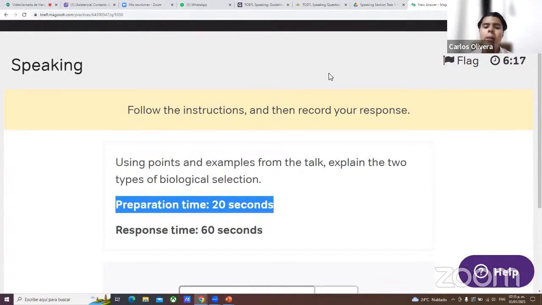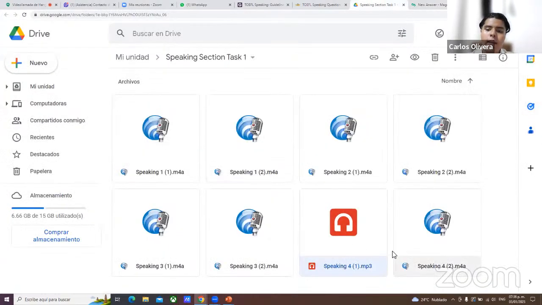So notice that you need to make sure to frame your response in the 60 seconds so that your reviewer notices you are able to have that type of capacity, okay? So please always frame your responses within the 60 seconds. Now listen to my response, and then I'm going to be able to listen to your questions before I offer you the template, okay? So listen to my response to this one, and then I'm going to give you space for making questions.